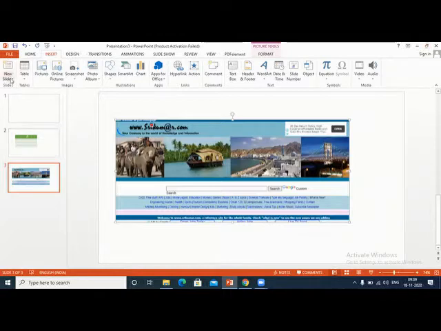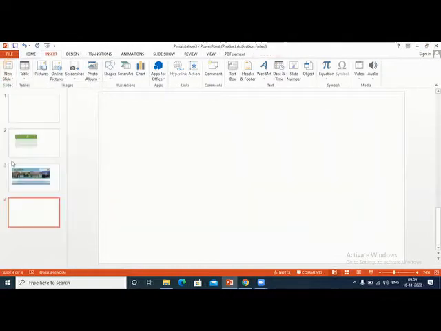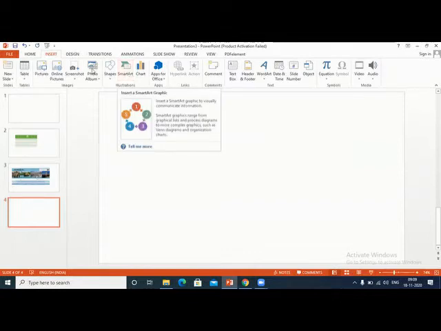Okay, let me insert another new slide. So that is what we did, photo album. So whenever you want to make some presentation with photos, instead of opening the slide and inserting one by one picture, use photo album. It automatically adjusts the slide properly. Okay. Then the shapes are very important. We'll come back to that after some time. This is what I explained you yesterday, smart art. Okay, let us finish shape and come back to smart art.